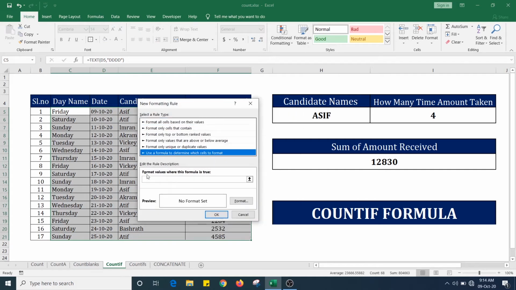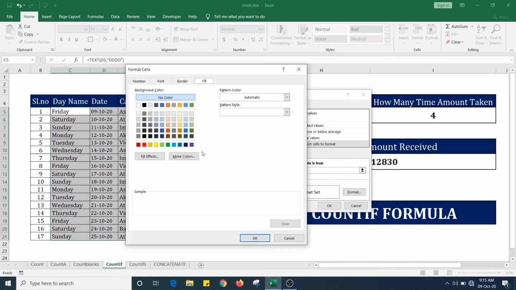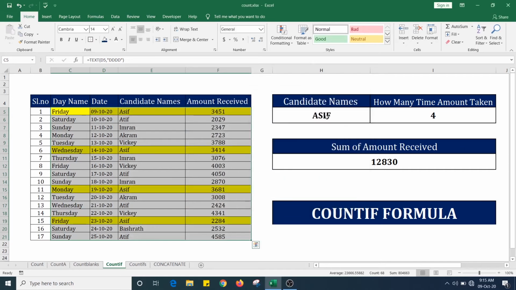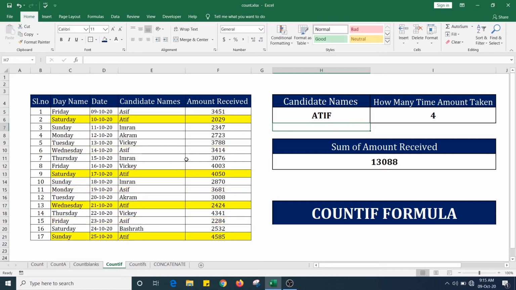Click here and click here, format values where this formula is true. Type equals and click here, candidate names, okay. Now remove the dollar before the row, go to the format option, click on yellow color and press OK. Okay, that's it. If you type Atif, the Atif record is highlighted in yellow color.